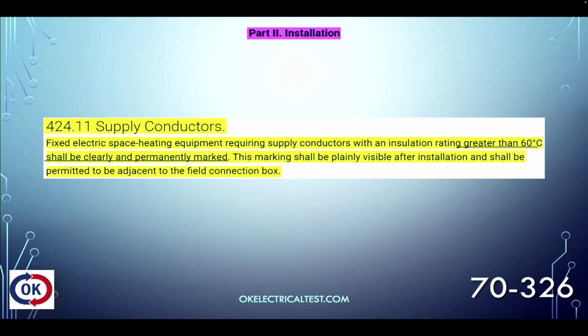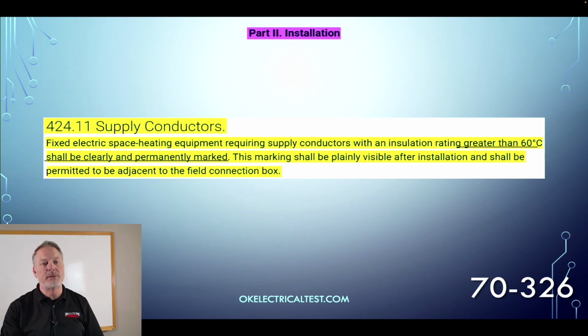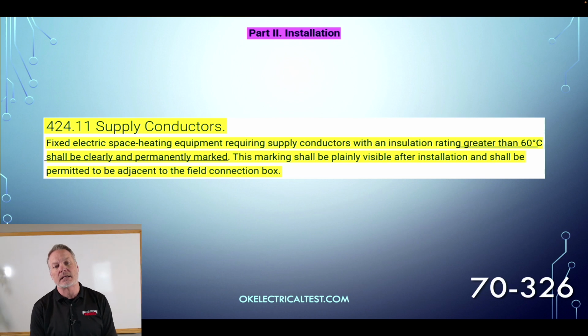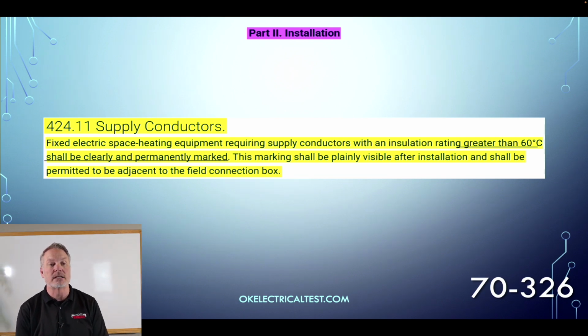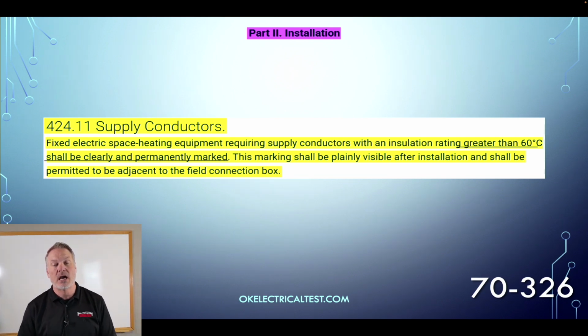424.11, we've got supply conductors for fixed electric space heating equipment. Fixed electric space heating equipment requiring supply conductors with an insulation rating over 60 degrees Celsius shall be clearly and permanently marked. This marking shall be plainly visible after installation and shall be permitted to be adjacent to the field connection box. So it doesn't have to be in the field connection box, it can be adjacent to, but it needs to be a minimum temperature rating of,